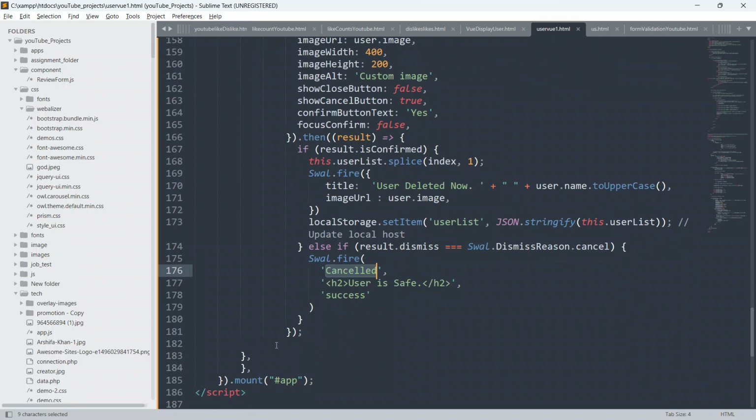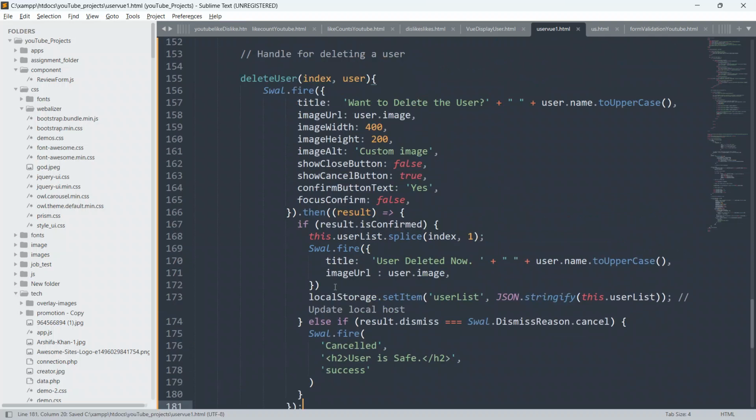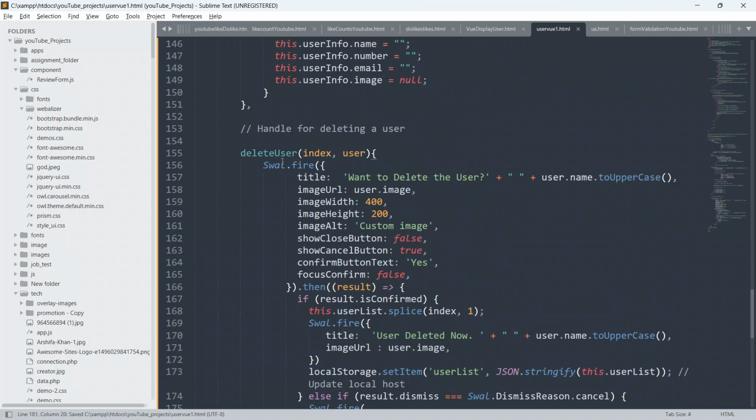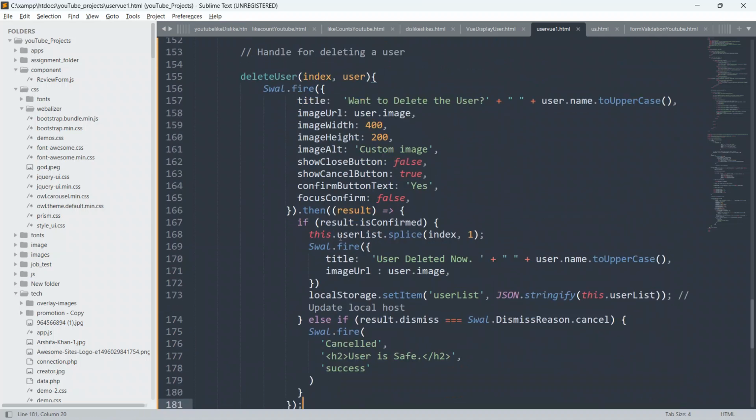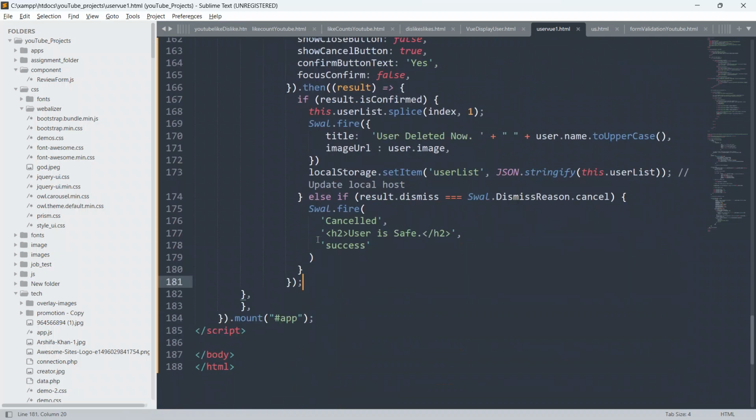And we will also create one more function. I hope I have explained the delete user method in detail, and I hope you have understood this also. Now I'm going to create one more function.